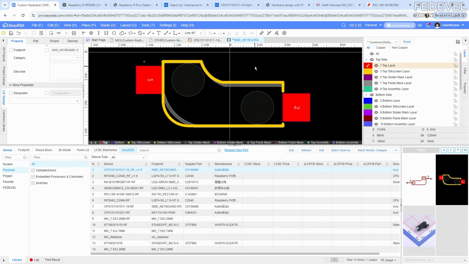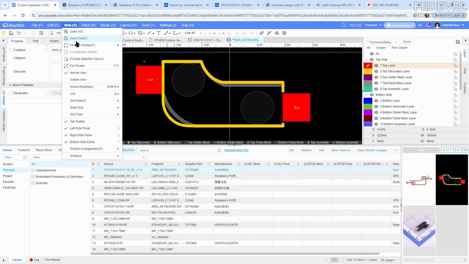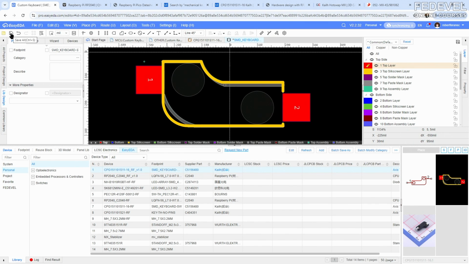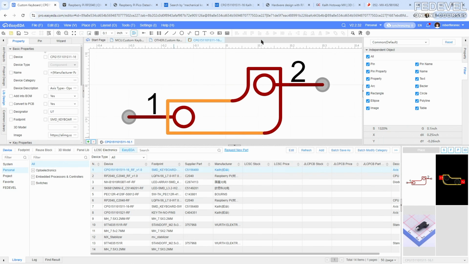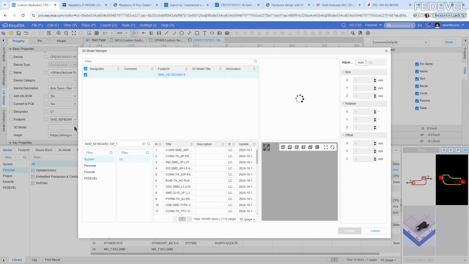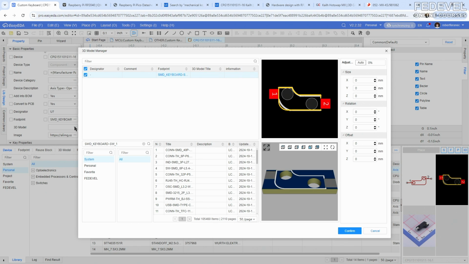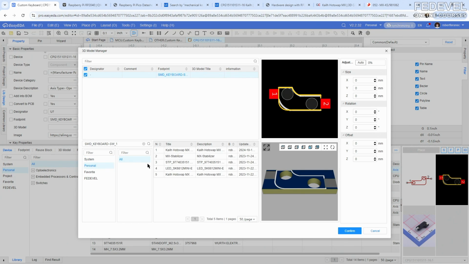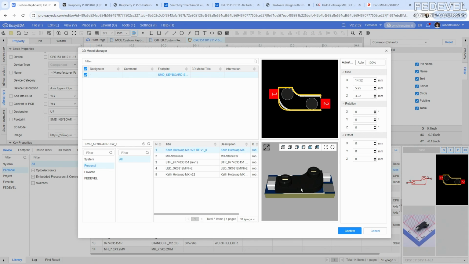Cool. Okay, so the footprint is something we will use when we will be doing PCB layout. It has to be correct. Okay, this is the symbol, and now we are going to add the 3D model, so don't forget to add the 3D model. Go again to personal, select it. We need to add the 3D model now again because